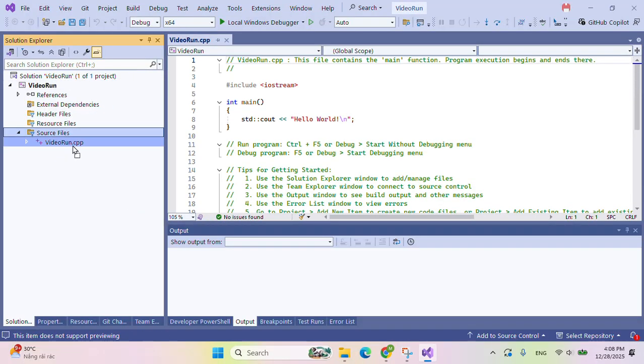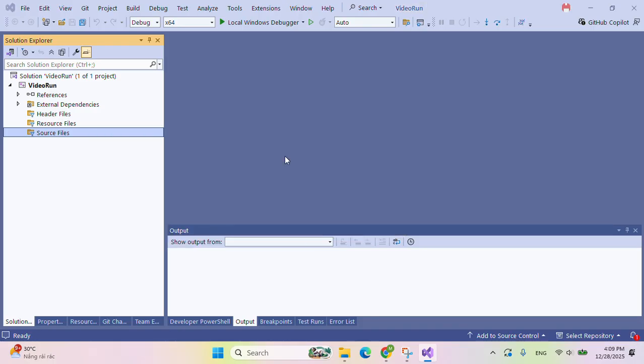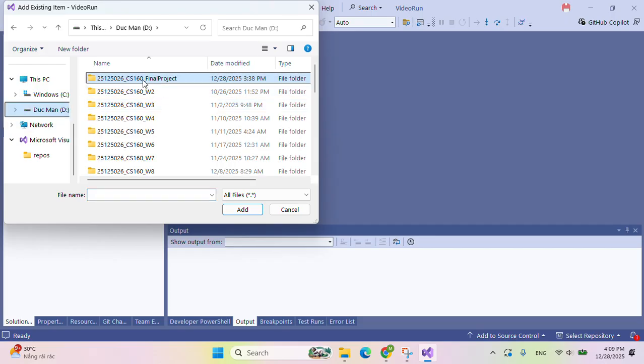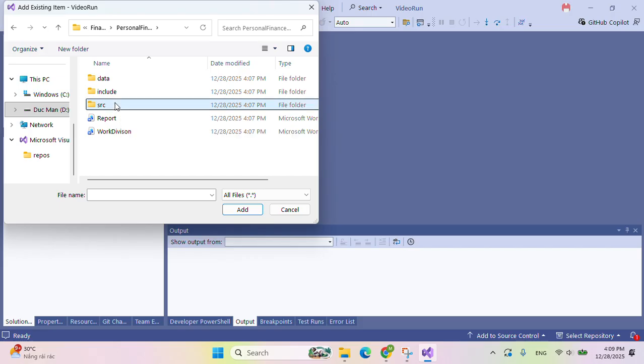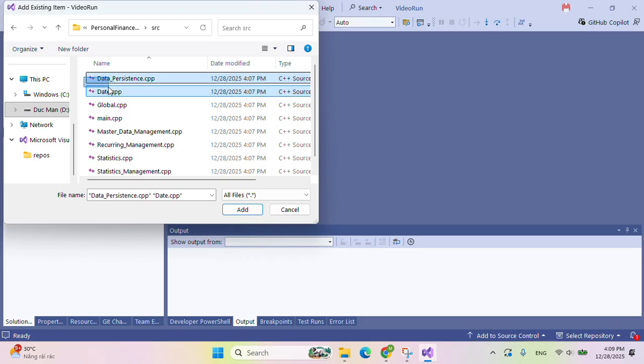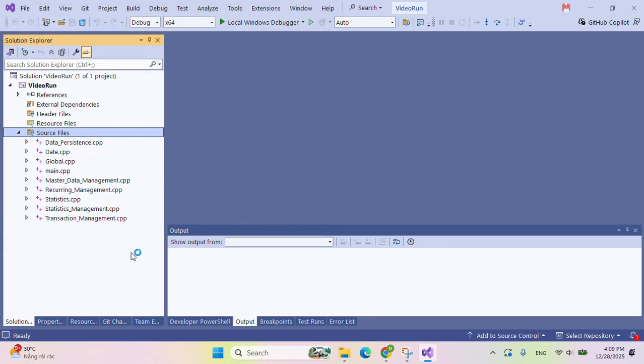And now let's delete the default source file because we don't need it. Remove it. Now delete. And then let's add existing item and go to the video demo, finance project, personal finance manager, and go to the source folder, and then choose all of the source files and add. And here it is. Now we can choose the mode to be release and build it,